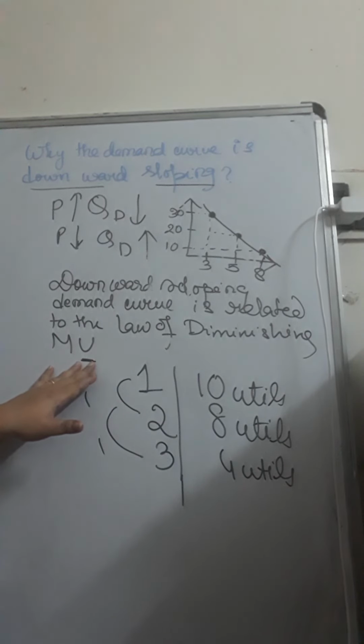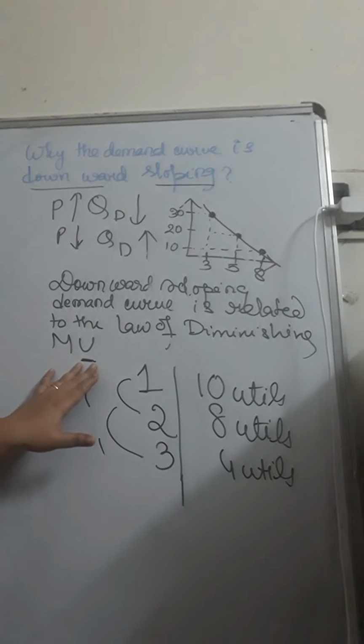Utility or satisfaction is a psychological thing. It cannot be measured with numbers. We don't eat an apple and say that I have got 20 units of utility. Somebody else will say I have got 15 units of utility. We don't say that, because satisfaction is a feeling inside. We cannot numerically express it. But in economics, these numbers help us to validate the theory.